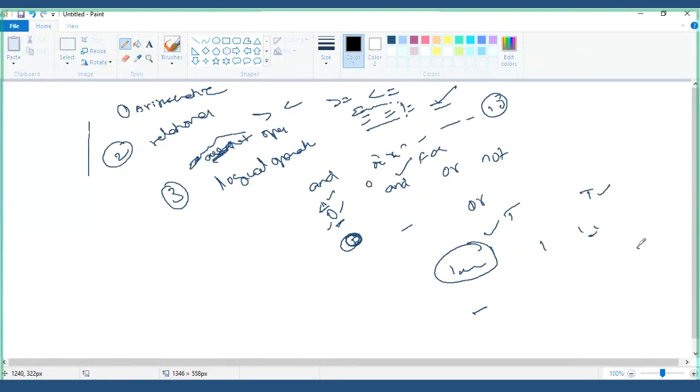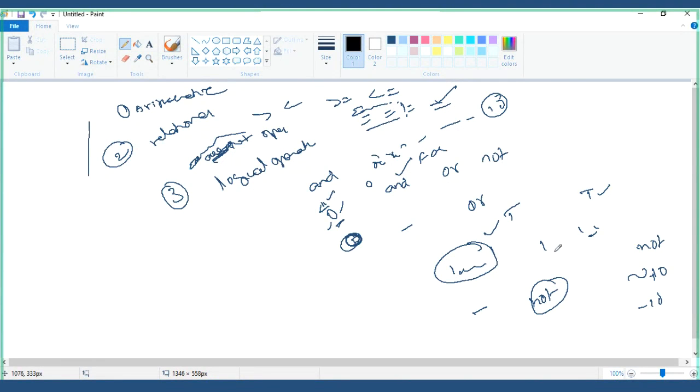There is something called not. Not is nothing but negation. Negation of 10 is minus 10. If it's plus 10, then it will be minus 10. Like that, if you give something, negation means it is not. Not operator, you have to make sure where you apply it. It is for negation. It's not like comparing two different values; it converts positive to negative, negative to positive, all those things.